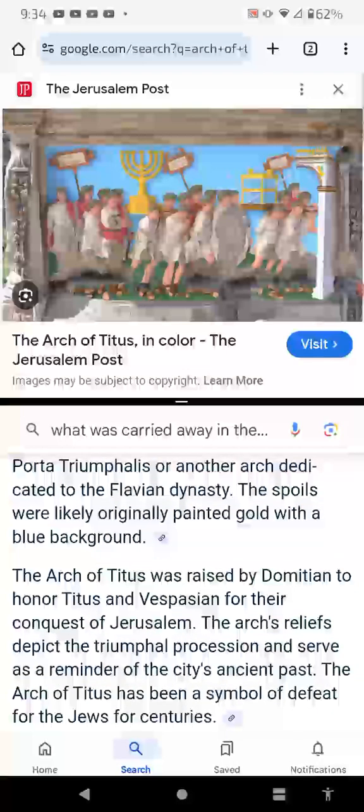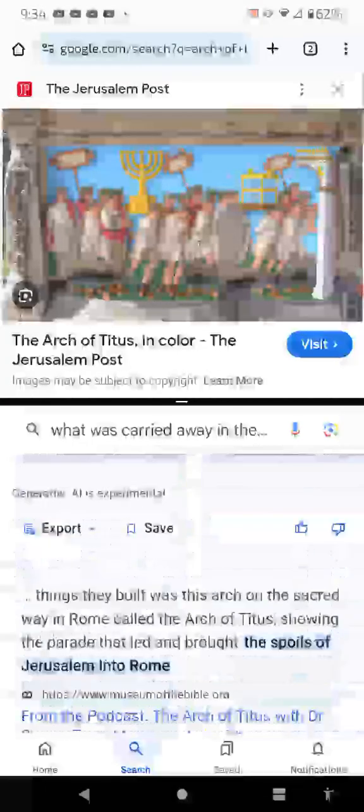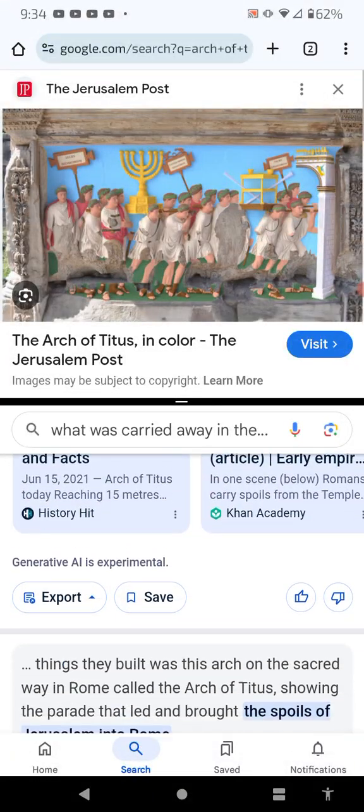Right? So the Arch of Titus was raised by Domitian to honor Titus and Vespasian for the conquest of Jerusalem. The arch is believed to depict the triumphal procession and serve as a reminder of the city's ancient past. The Arch of Titus has been a symbol of defeat for the Jews for centuries. See, one thing they never tell you about when they talk about this history is how it